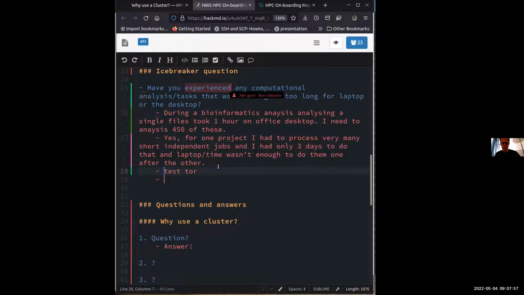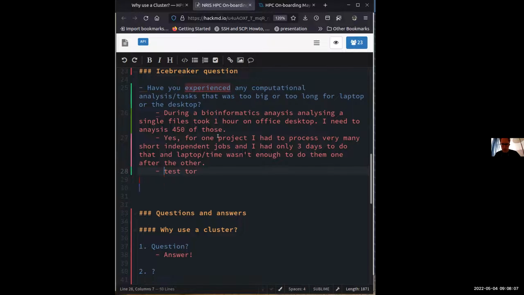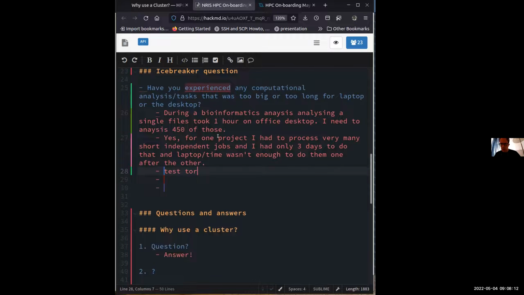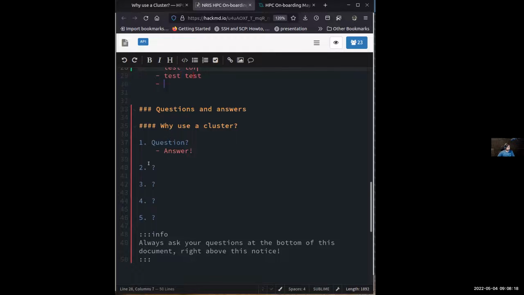Exactly. And yes, really the idea of this document is that we can ask questions in parallel, and we can answer them in parallel. So parallelization on multiple levels. And we can even have multiple answers to the same question. So if I have a question, I should be using one of these numbers.